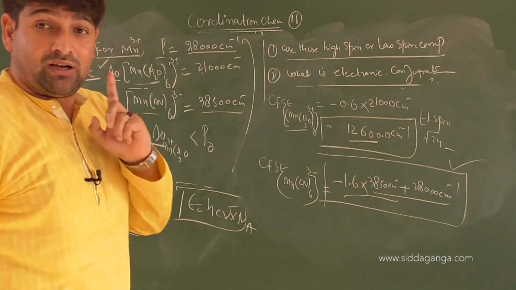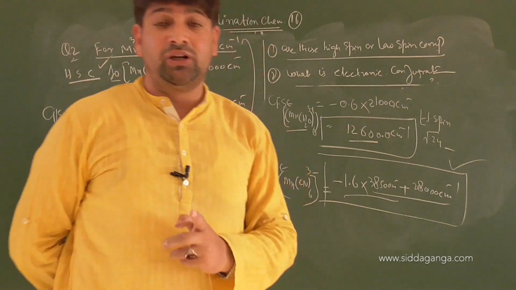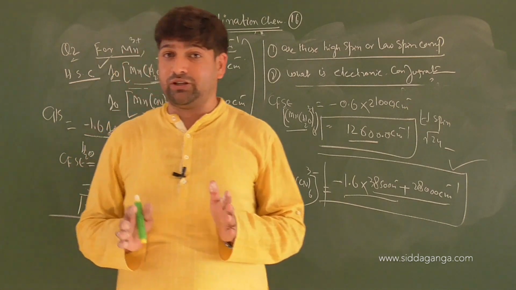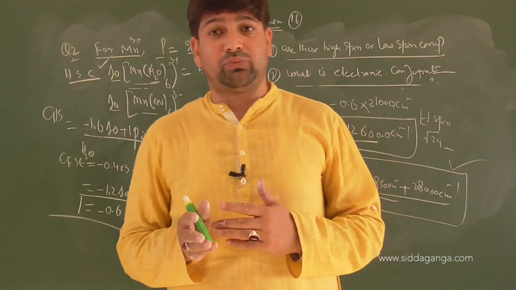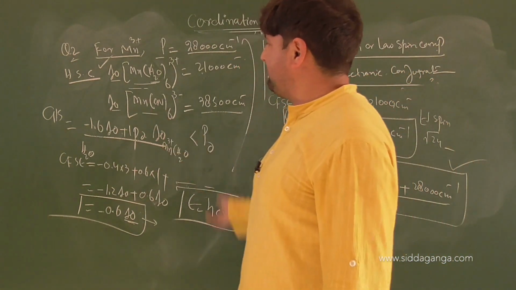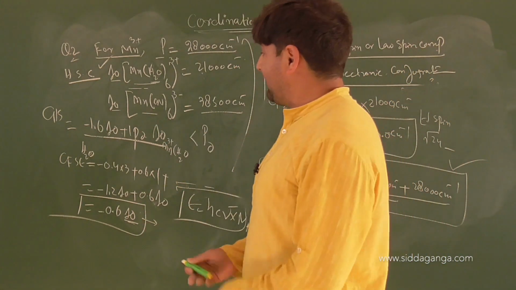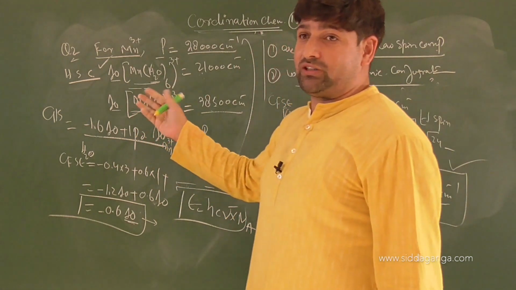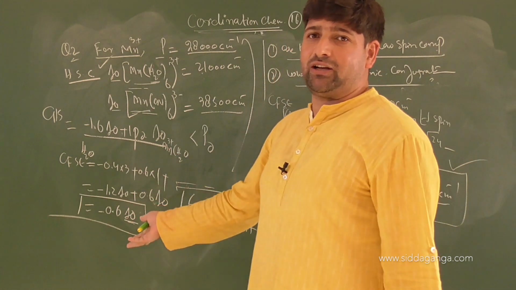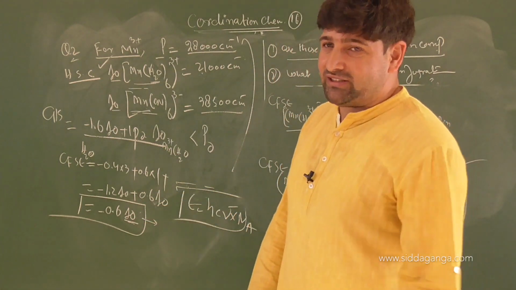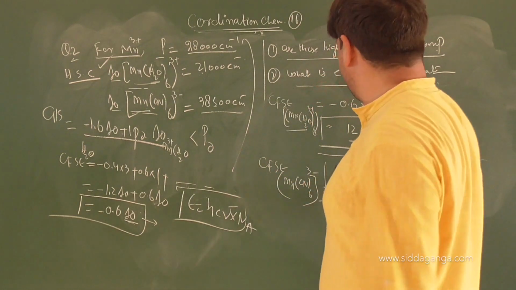But I told you, never look only at the ligands to find it out. You always need to go with the hybridization patterns, pairings and electronic configurations. Whenever you are solving these types of questions, don't trust your intuition by assuming that CN is a stronger ligand, so pairing will occur. No. First of all you should assess the electronic configurations. Because suppose it is d3, even in a strong field ligand it doesn't matter. Correct or not? Because in d3 all the electrons will go to the t2g set. Did you find it out?